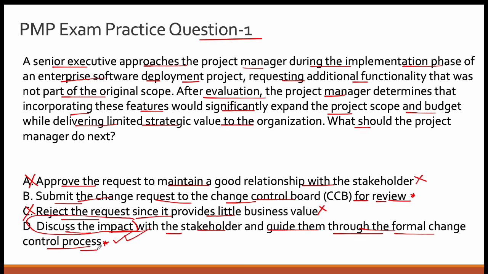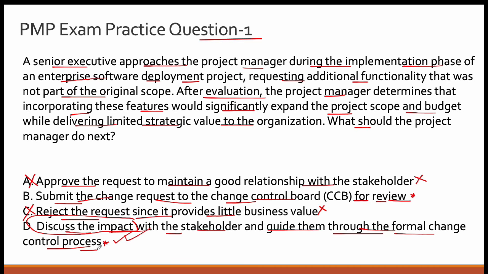Because think about it, if you do this step first, hopefully a lot of change requests will get eliminated straight away, because then the stakeholder will be making an informed choice, right? Now, even if the stakeholder thinks, no, I have been asked by my project manager to evaluate the pros and cons, and still I want this change request to go through, then probably you can draft the change